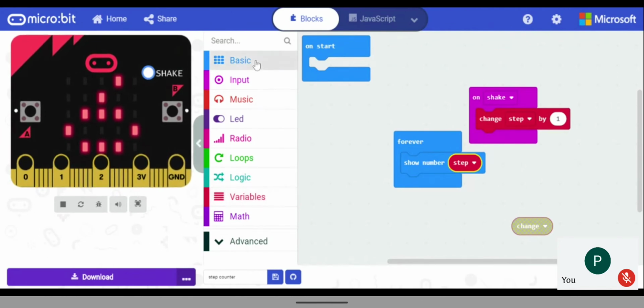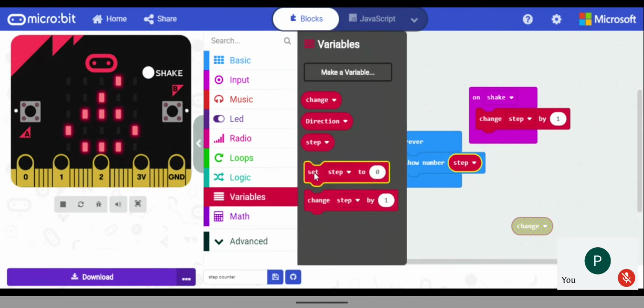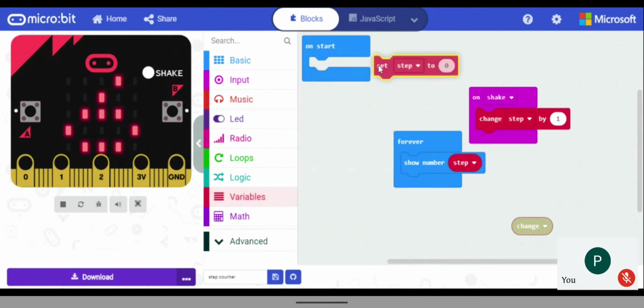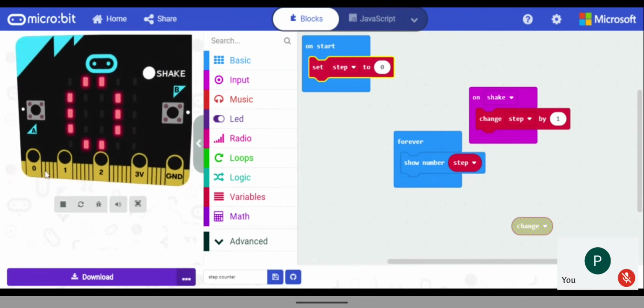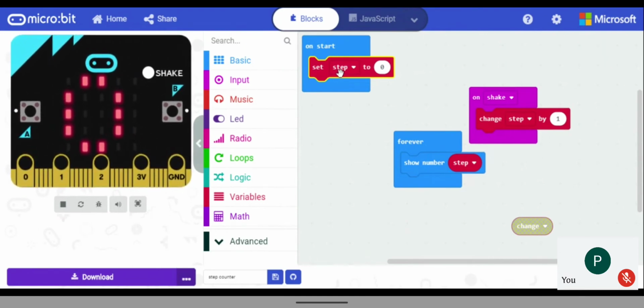So for that, I'll take set step to 0 on start. Whenever the program or the microbit starts, the number has to start from 0. That's why on start, the step has to be set to 0.